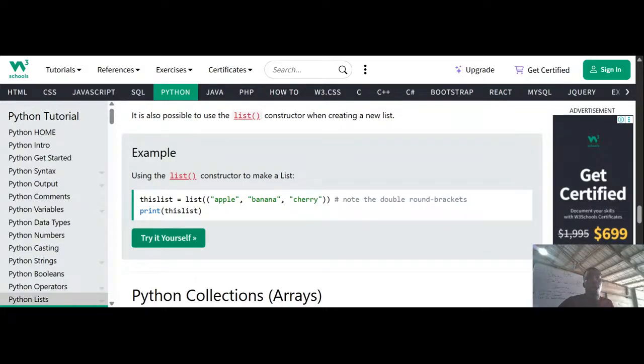Go ahead, somebody should tell me. Now over here, if I do print,